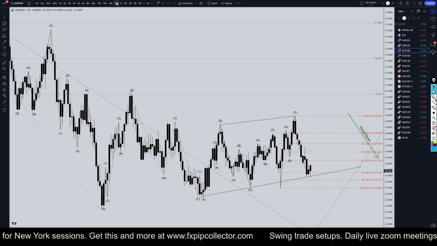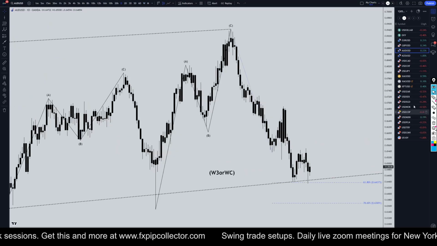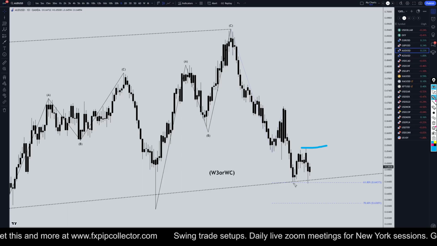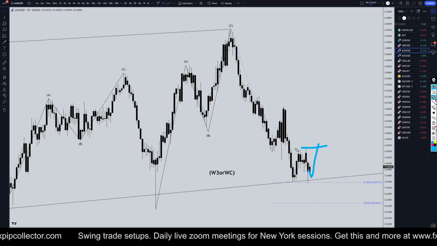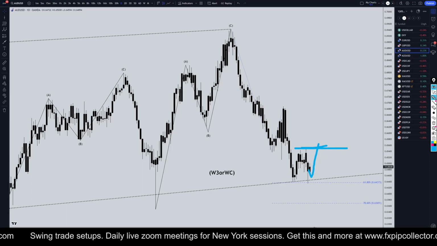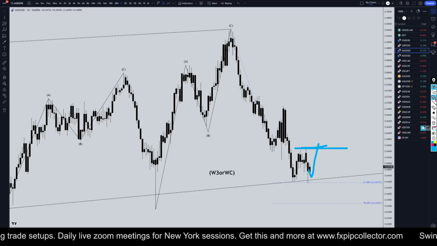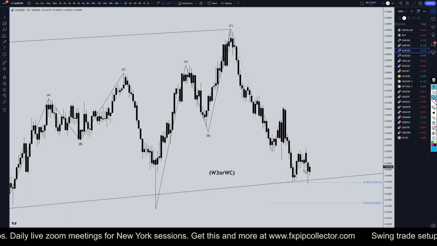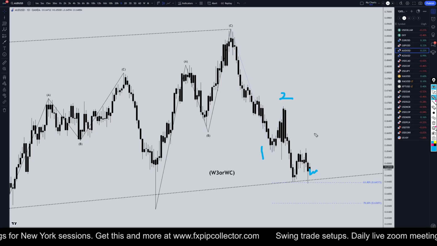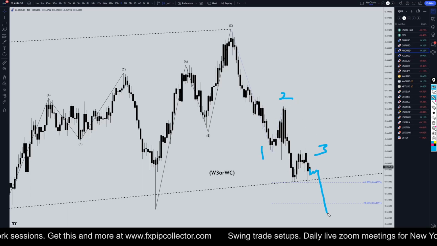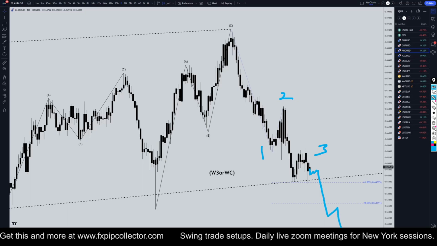So taking it down to the daily time frame. On the daily time frame, we have a new lower high in right here, which is good news for us because now if it goes up and breaks this high, we'll know that this whole move to the downside is over. Until it actually breaks that high, I would be very bearish if I was you because like I've been saying, if this really is a wave 3, then we have lots and lots of downside potential